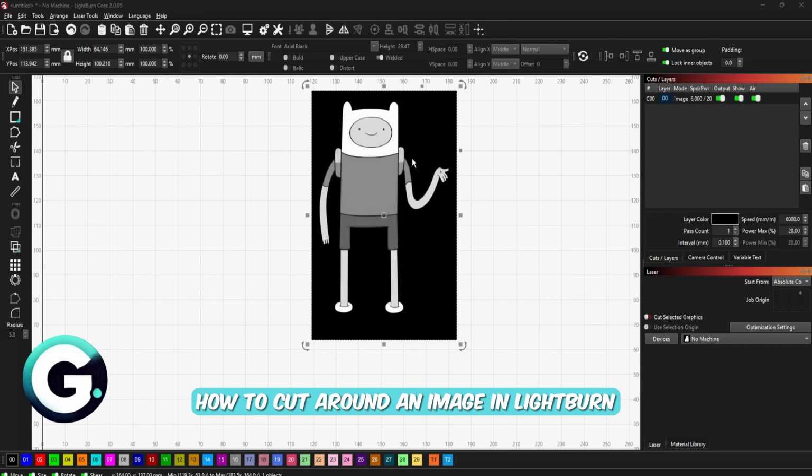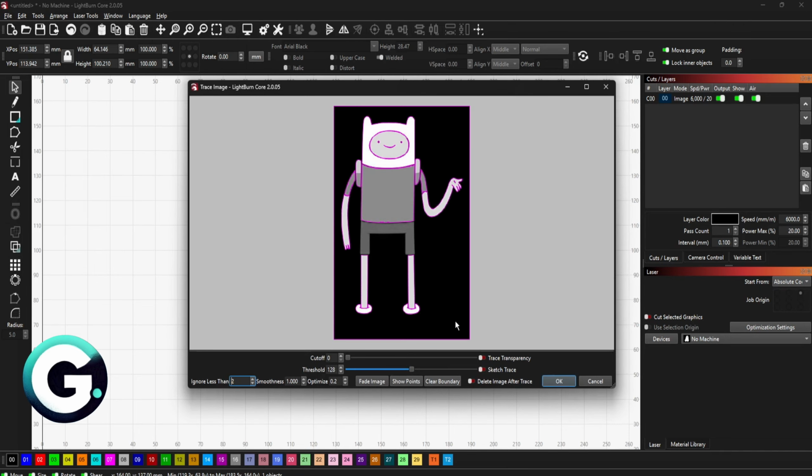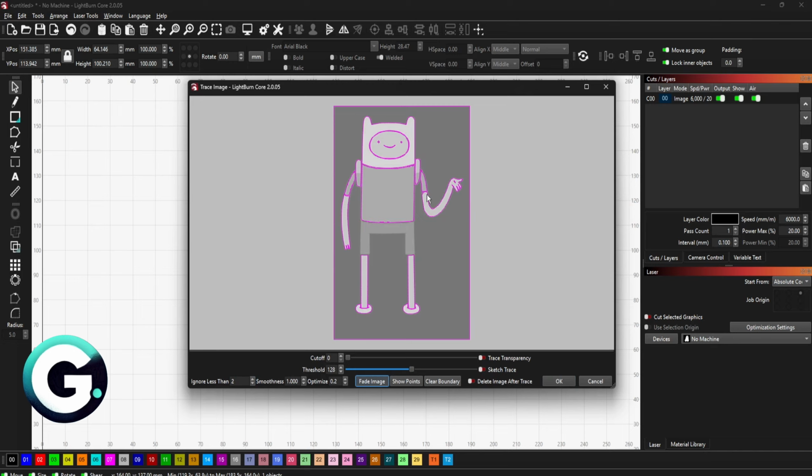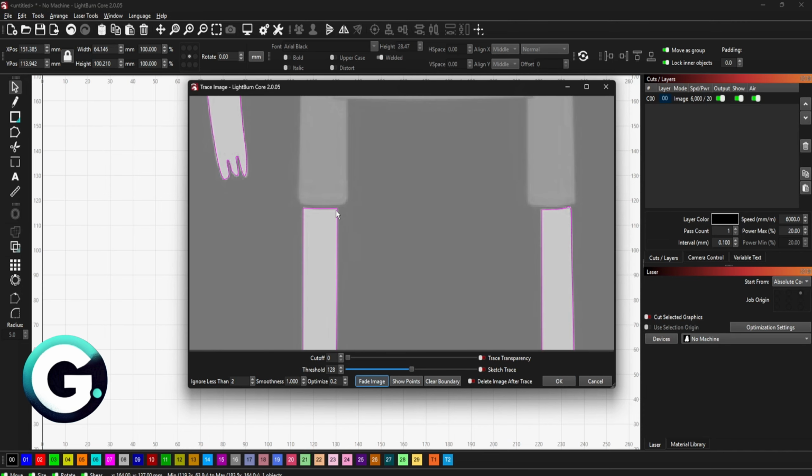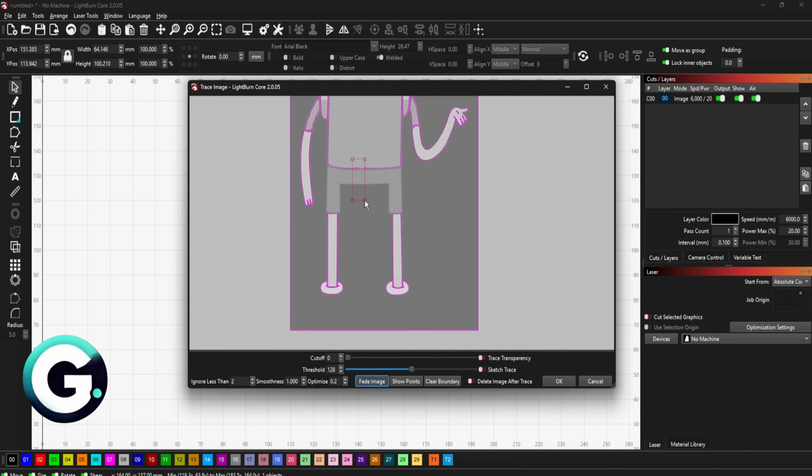Basically, the first thing that you want to do is to select the image itself, right click on it, click on trace image, and then you have to select the fade image option. Now basically what we're after is the outline of the image itself right here. So let's just adjust the threshold accordingly,